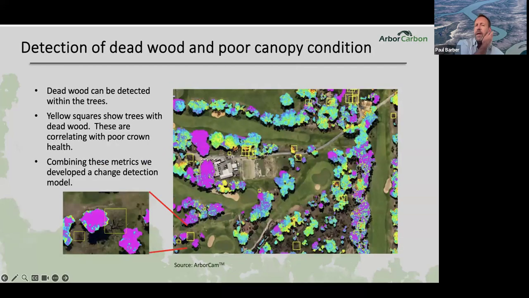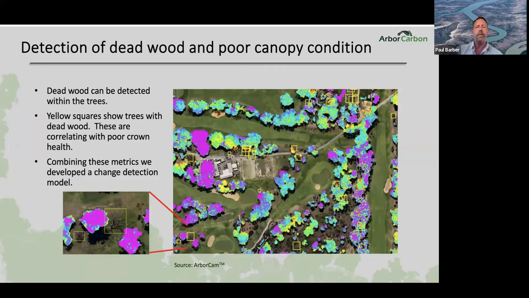This is another example of that vegetation condition index clipped to the vegetation above 3 meters in height. And you can see that the highest reflectance pixels are in the purple and the lowest reflectance pixels in the red. And of course, different species have different VCIs as well. If you can imagine, the light reflecting off a crown of a ficus is going to be very different to the light reflecting off the crown of a casuarina. So it's very important that we understand the species throughout an area that we're acquiring data for.